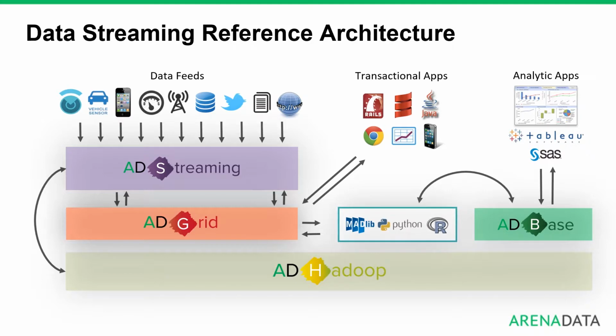And of course, here is the example of our platform. We are using Arenadata Hadoop, Grid, DB, and streaming. But you can use other open source software or different enterprise-grade products. For example, you can use Teradata, you can use GridGain as well, and you can use Apache Kafka or other products for streaming. And of course, you need rich machine learning platforms. Here is an example of MADlib and Python,